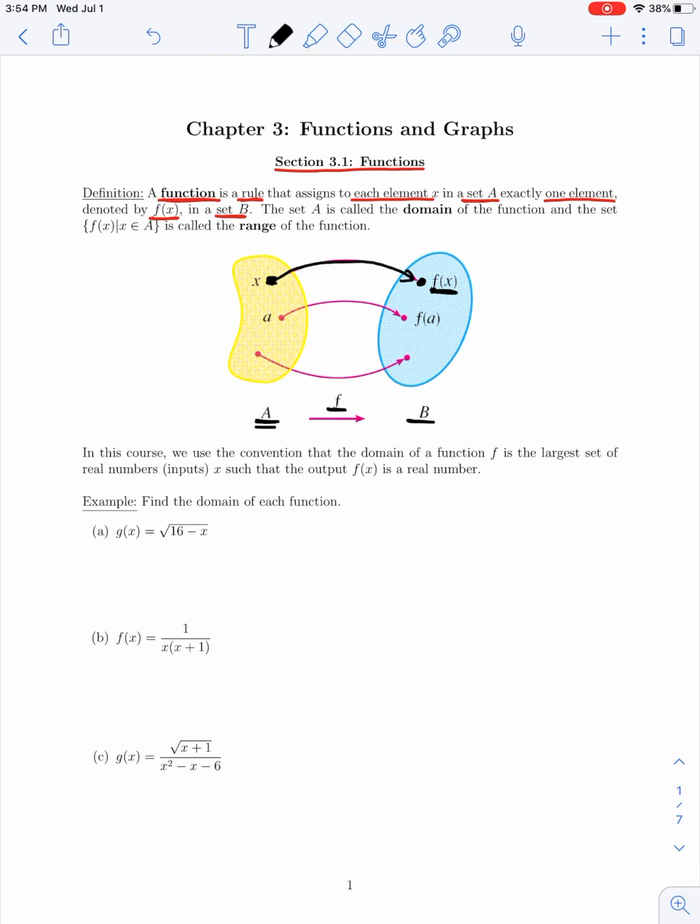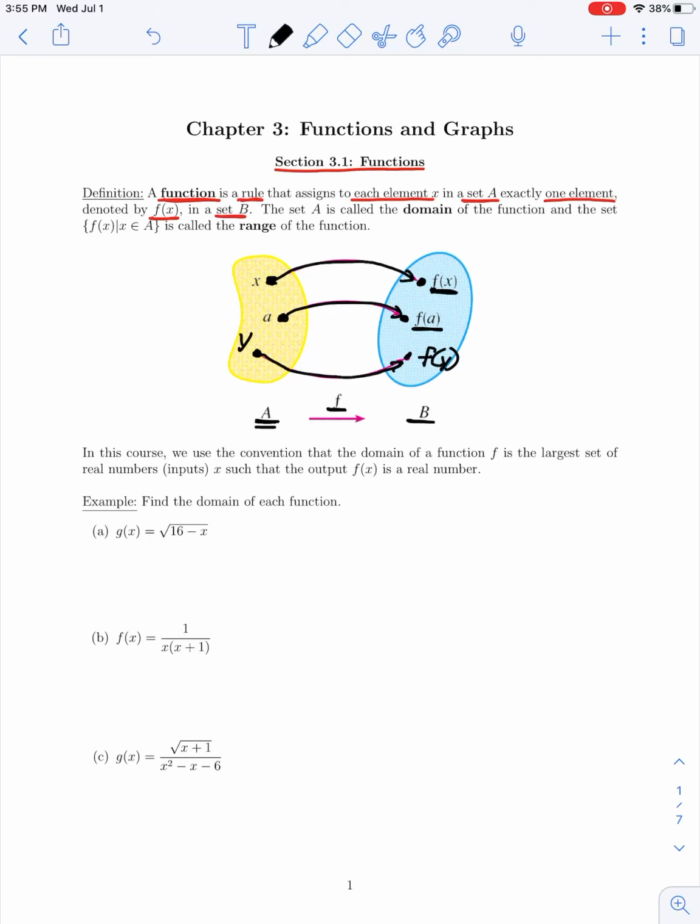Let's say we took another element in the set capital A, maybe call it lowercase a. The function f takes that element and assigns it a unique value in the set B, which we would call f of a. Or for general points, let's say we have some other point, we could call it y, and the function f takes that element y and assigns it a unique value in the set B,